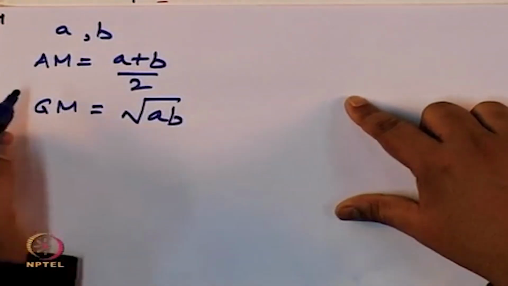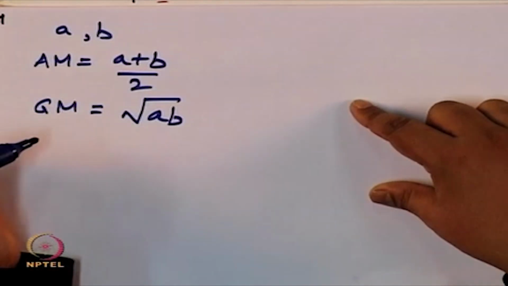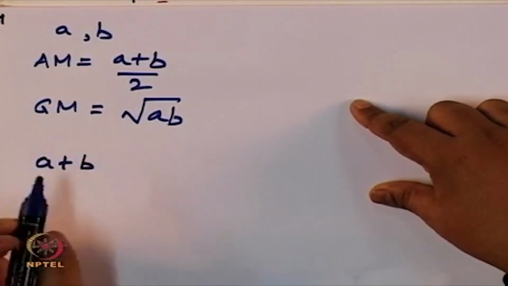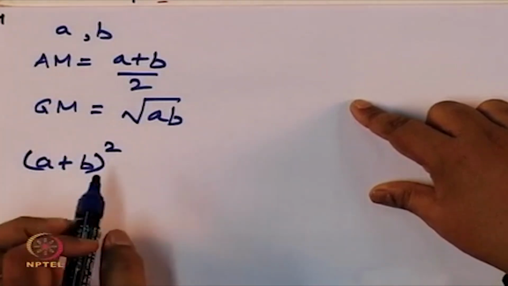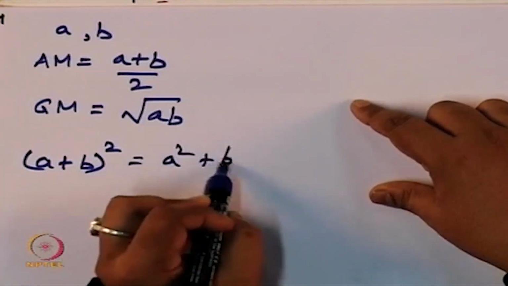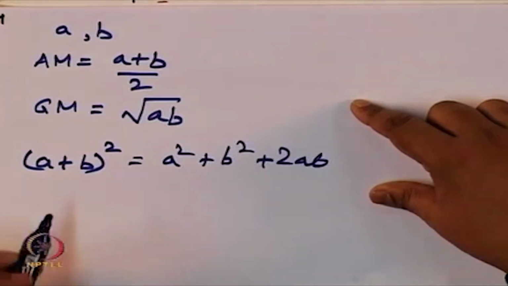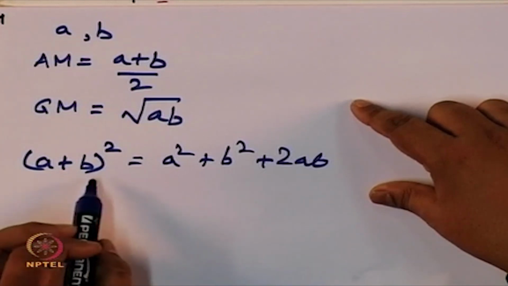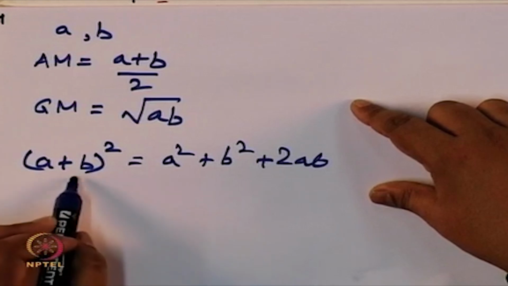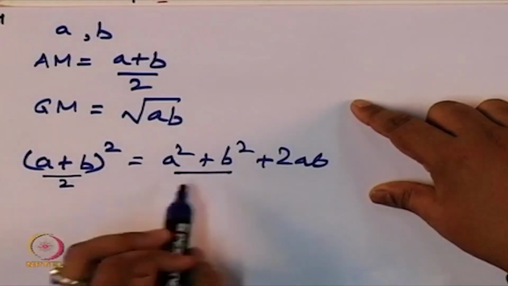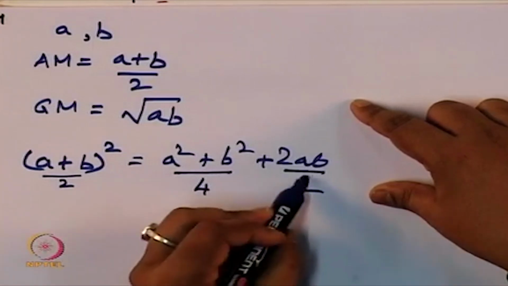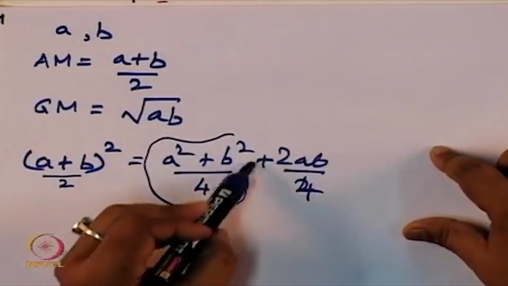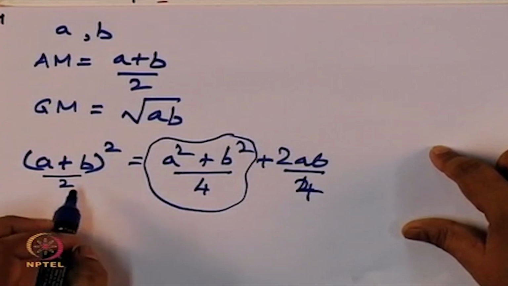Okay. So, can I say anything as to how geometric mean and arithmetic mean relate to each other? So, I can write (A plus B) whole square, which is A square plus B square plus 2AB. In other words, if I divide by 4, (A plus B by 2) whole square is A square by 4 plus B square by 4 plus AB by 2. So, since this quantity is always positive, I can clearly say that